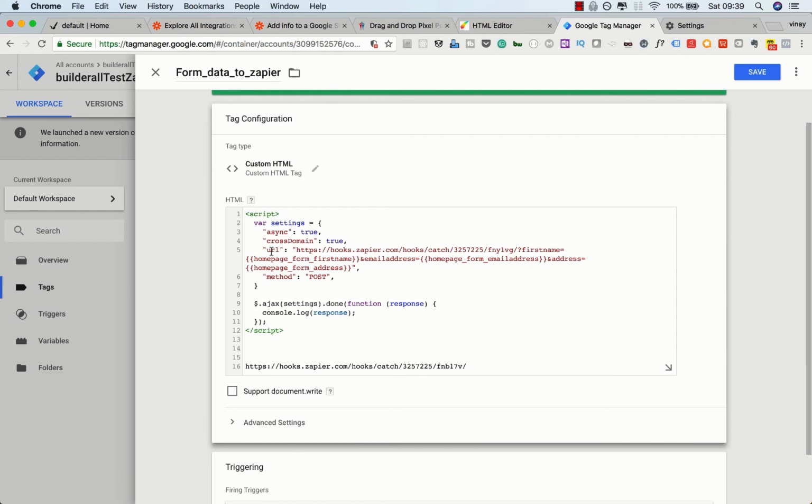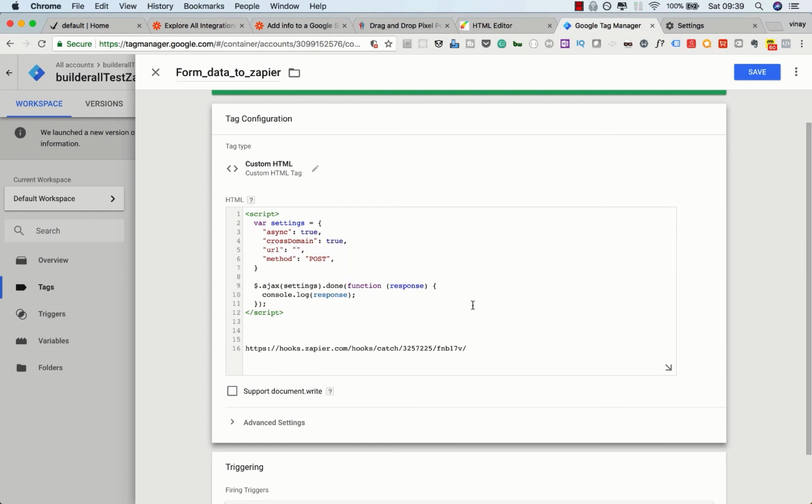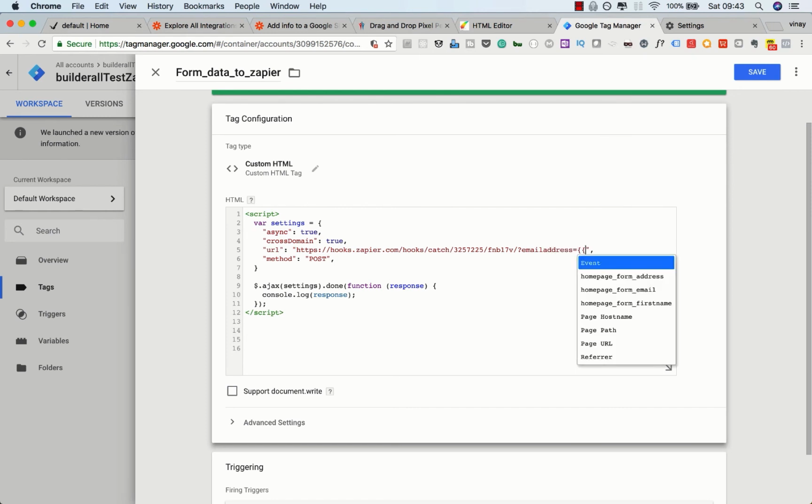Now in the settings variable, the most important bit we have is the URL over here. This is a URL from a previous test trial that I was working on. So we'll delete this, copy this new webhook that we've got, and paste it in here. We are going to append some more information to the end of this variable. Start with a question mark, and we'll say email address equals open